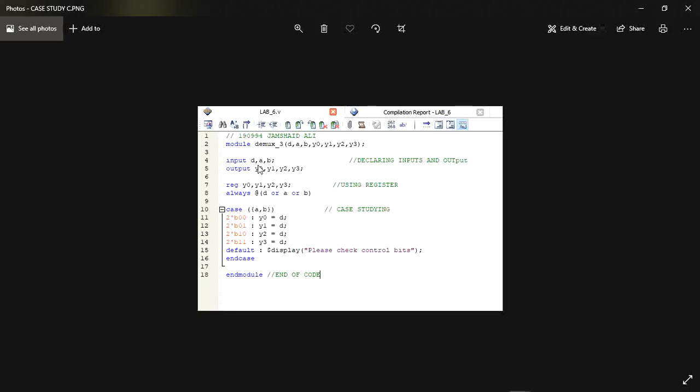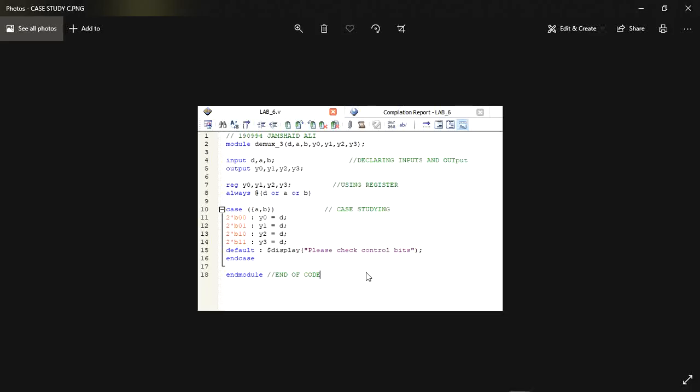In case of a multiplexer, we get only one output, but in case of a demultiplexer, we have different outputs depending on our inputs. By applying all the 2-bit conditions, we will get different outputs depending on our input.